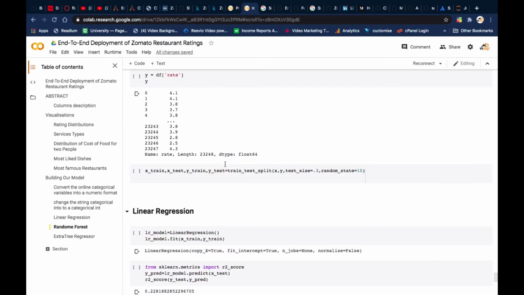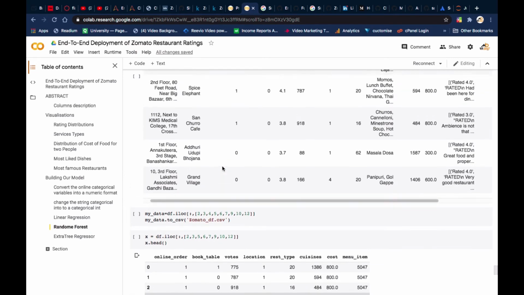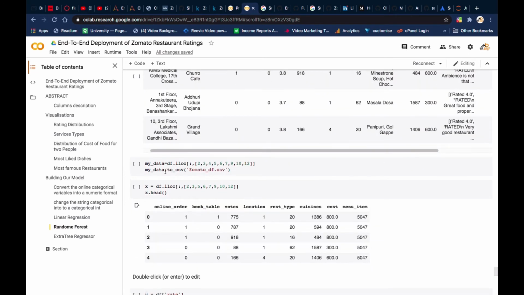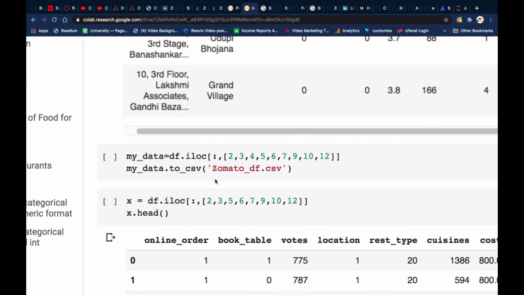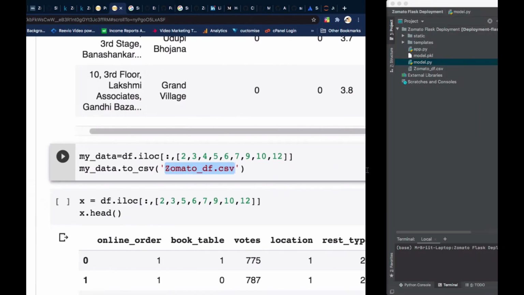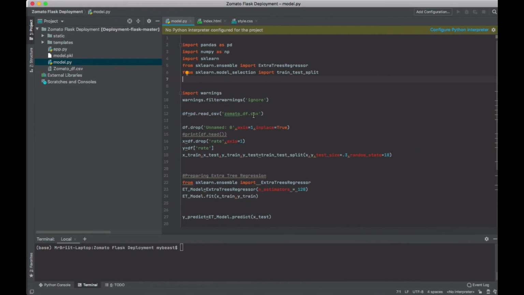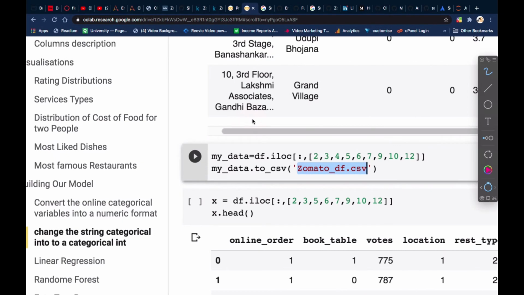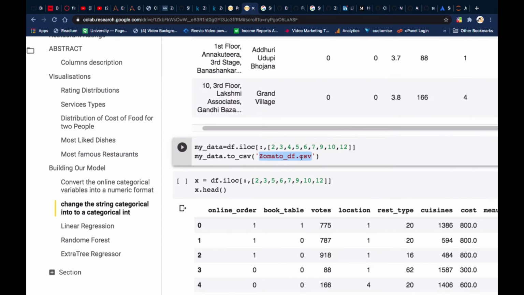Remember that after we did the exploratory data analysis, we came to save this model. We saved this CSV, and that's the data set that we're using over here. Now what you can do is that after you do this exploratory data analysis in your Jupyter Notebook and you save this